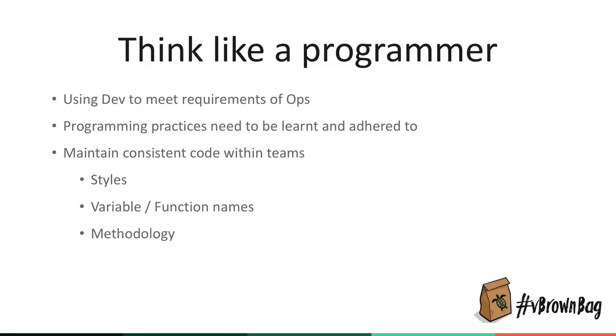For example, do we use tabs or spaces, 2 or 4 spaces when we indent? How do we name our variables and our functions? Are we going to do verb-noun? Or when we do variable names, are we going to use camel case, where each word starts with a capital but there are no spaces? Are we going to use hyphens or underscores, depending on the language? Are we going to use double or single quotes? For some languages that is important, for some languages it doesn't make a difference.